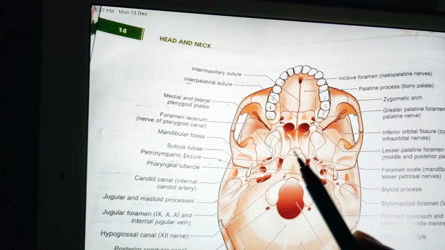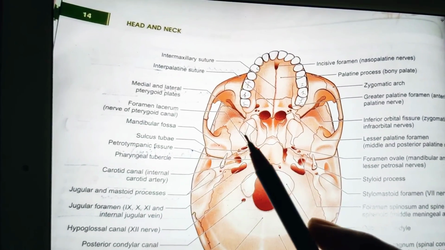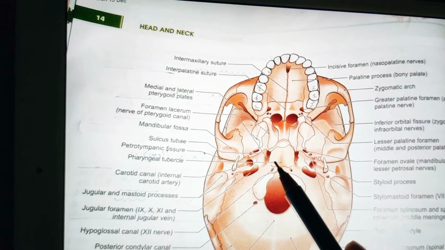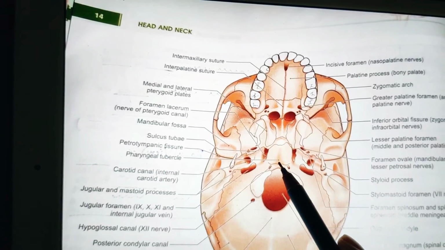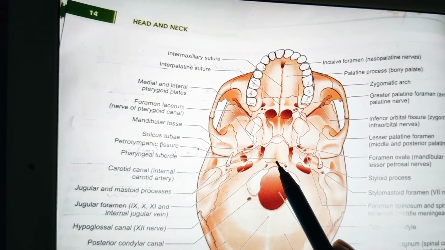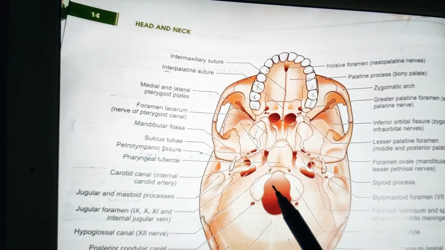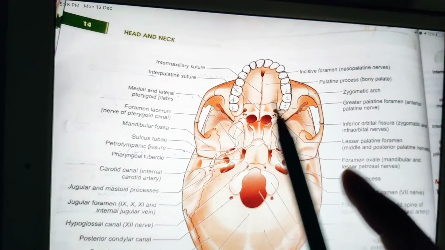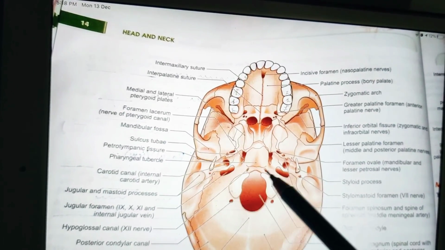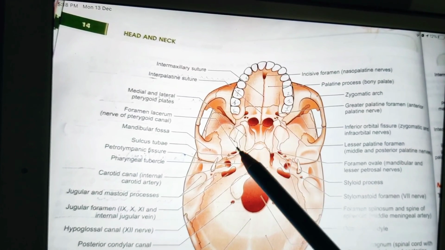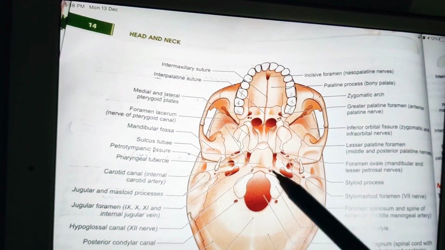The palatovaginal canal and vomerovaginal canal we'll see in separate videos. Now coming to the broad bar. The broad bar of bone is marked in the median plane by a pharyngeal tubercle, a little in front of the foramen magnum. So this is all about the anterior part of the basal view of the skull, and in the middle part we discussed only the median part. In the next videos we'll discuss the lateral part and finally the posterior part of the skull.